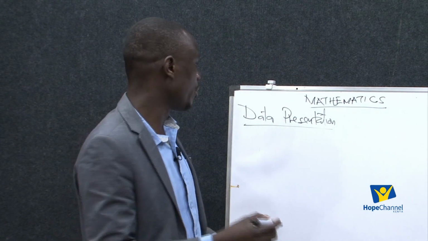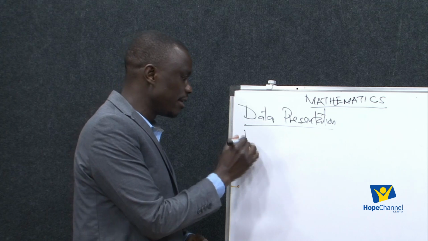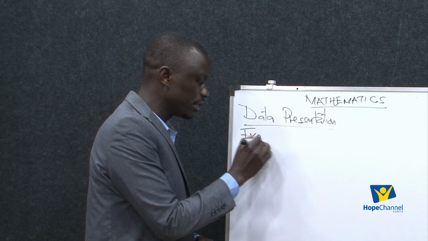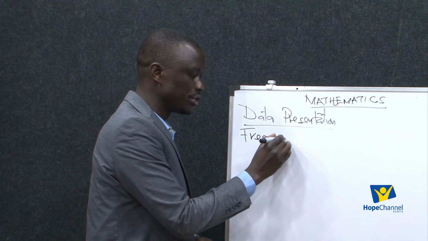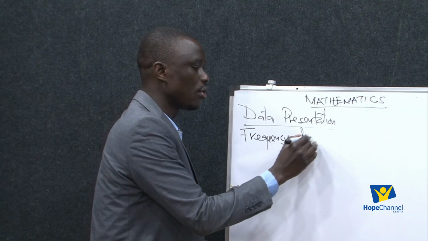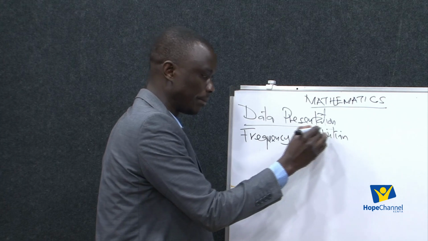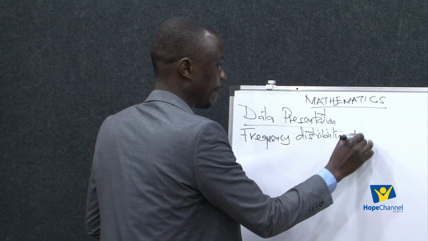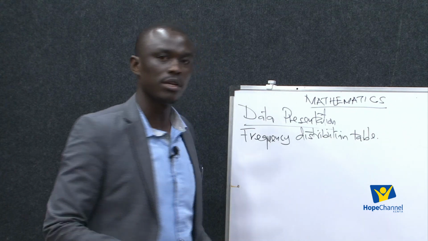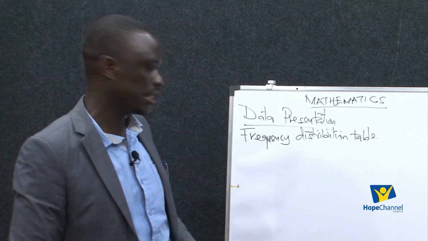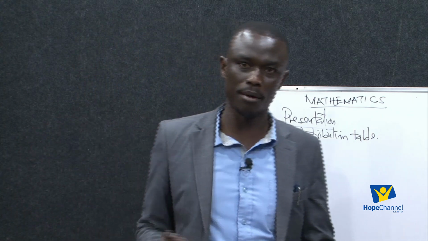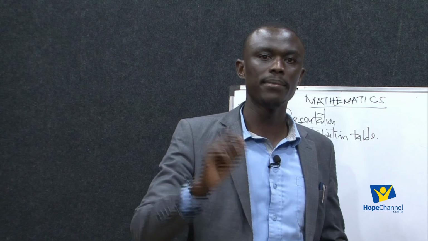When we are presenting data, the most common table that we use in statistics is called a frequency distribution table. As the name suggests,